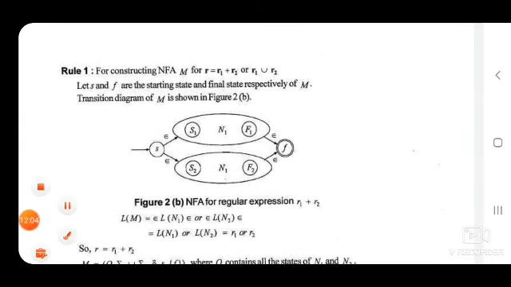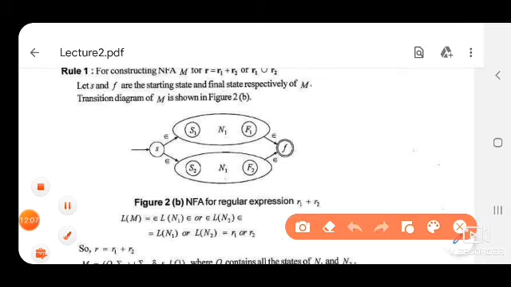Here in this figure we see the NFA for R1 and the NFA for R2, that is N1 and N2, both in parallel, because we have to perform the plus operator on these two regular expressions R1 and R2. Plus means we can take a string from either R1 or R2. So we have to join these two NFAs which represent R1 and R2 so that they can be used in parallel.